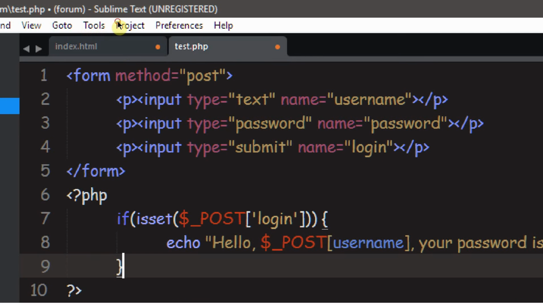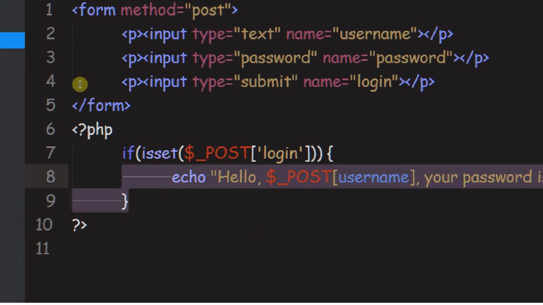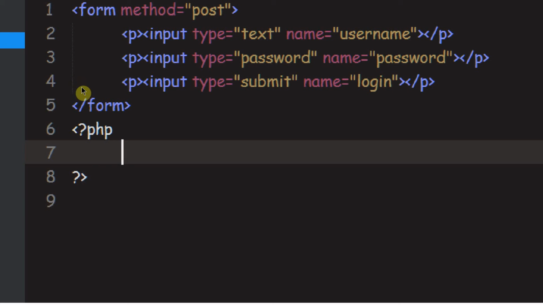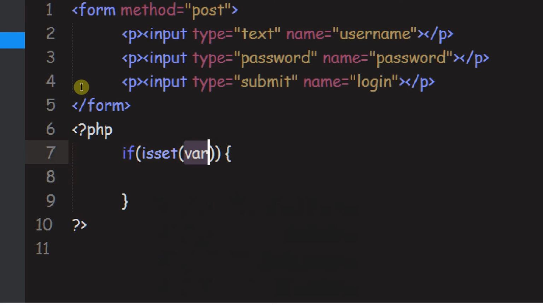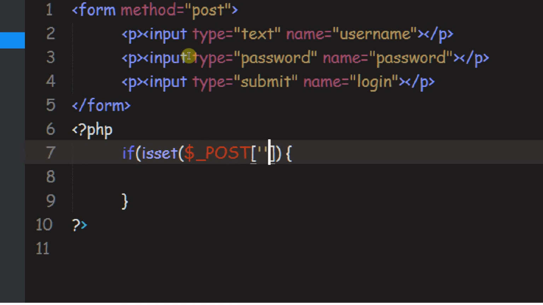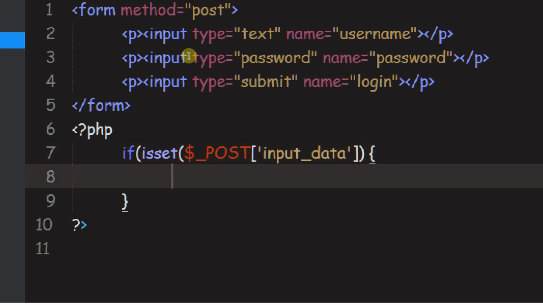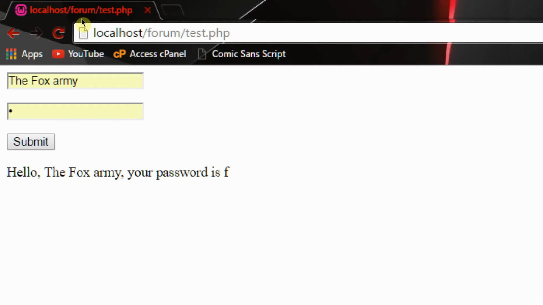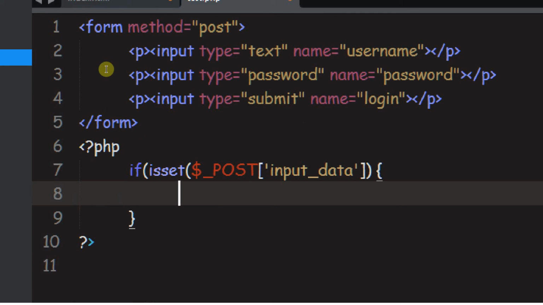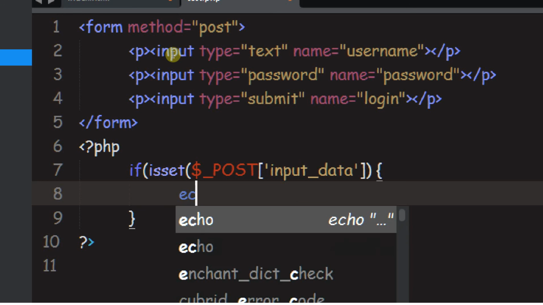And now we need to go into our actual test.php where we're going to receive the data. So we can just get rid of this because that's not important. And now what we need to say is if isset, the var we need is $_POST. And now we're not going to use this login. What we're going to use is input_data. And I think that's what we put over there. So if they push the button on the Dank Forms page, we're going to actually process the data here. So what we need to say is echo